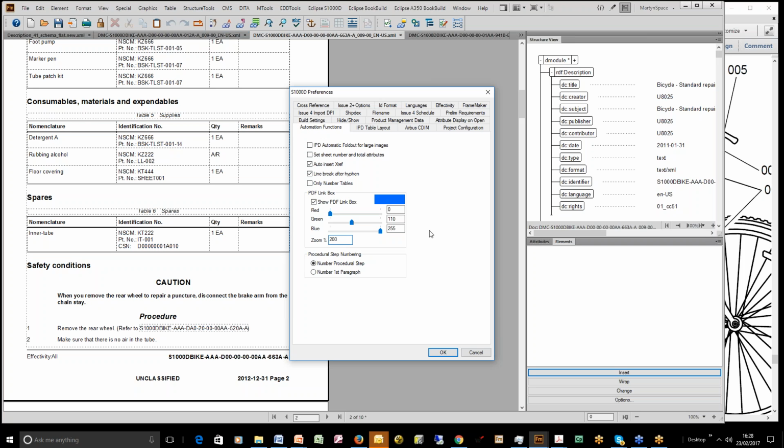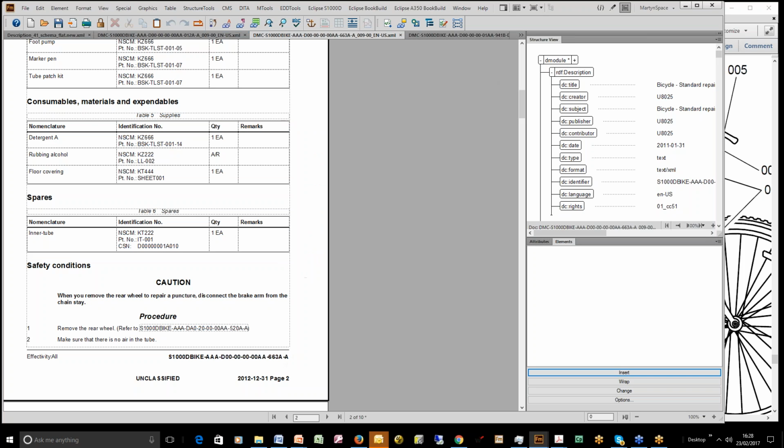Even if you don't put in the information from the actual graphic itself to the parts list, it will work fine. The other thing that I want to show you is